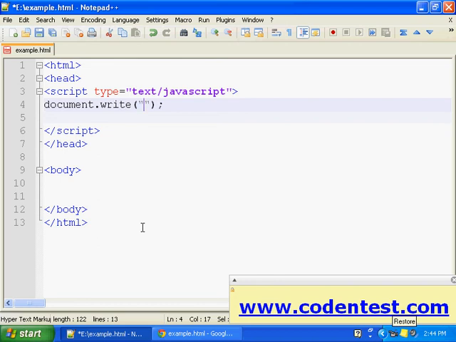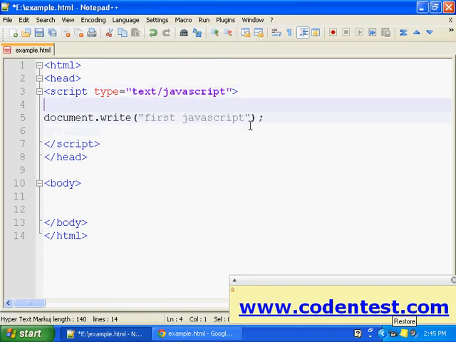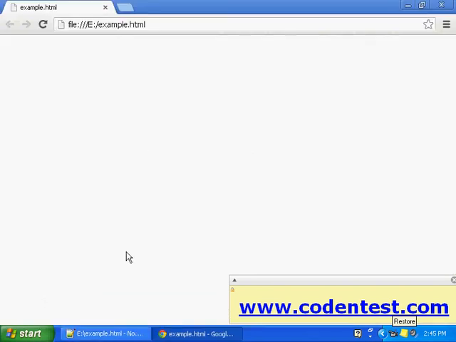What should I write here? First JavaScript, and I'll save this. I have nothing here. I'll refresh it. See here, first JavaScript has appeared.